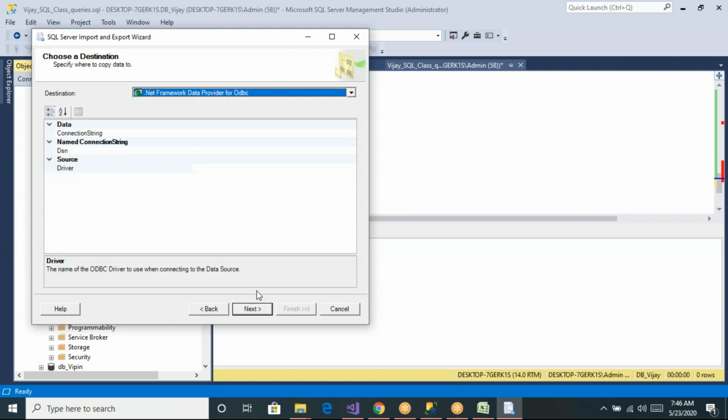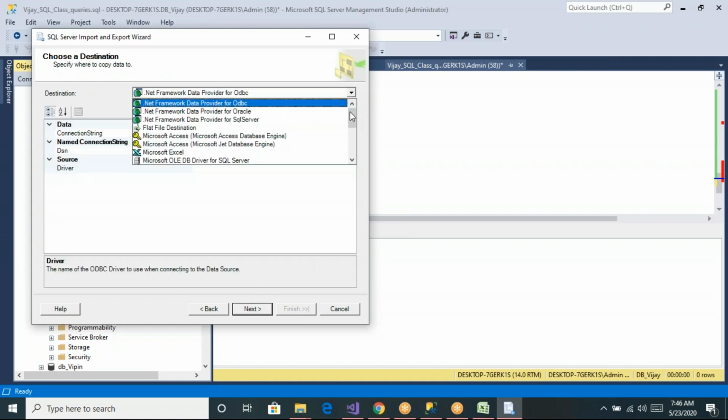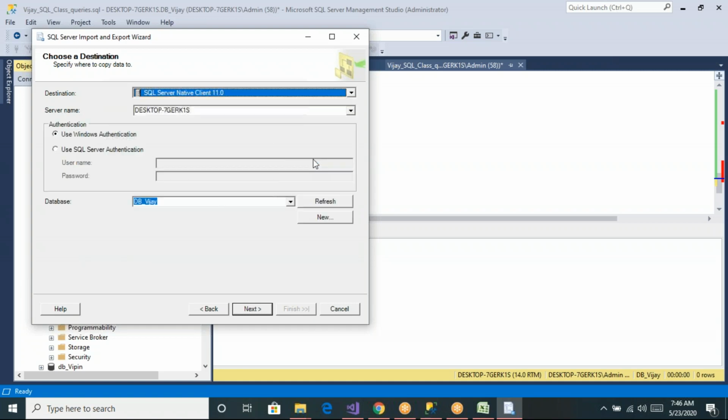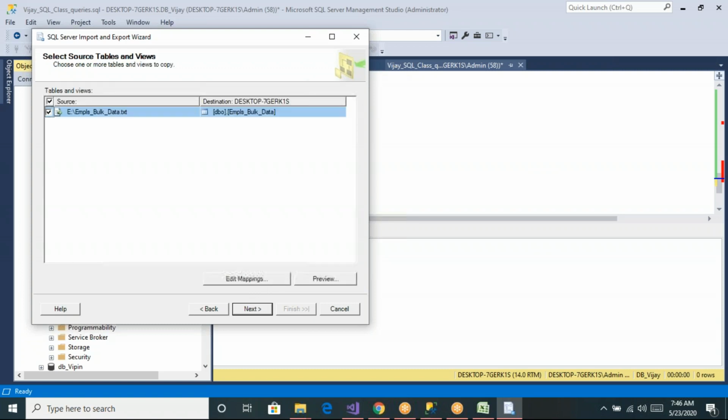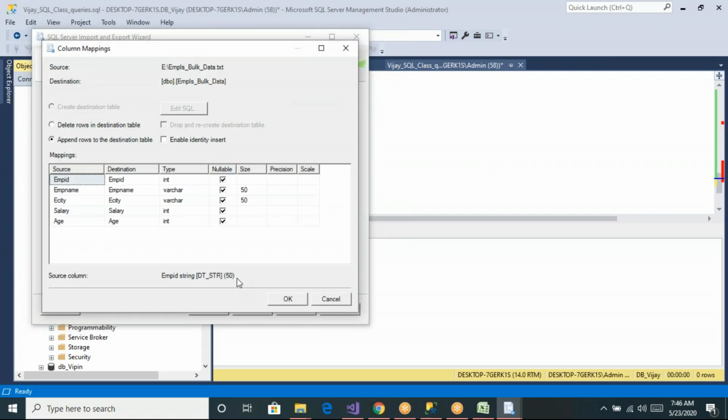Now let us go to the destination. Let me select the destination type as SQL Server Native Client, with the DBVJ database. Let me click on next. Now you can see it is going to use the existing table employees bulk data. If you want to see the mappings, you can see it is specified as integer.